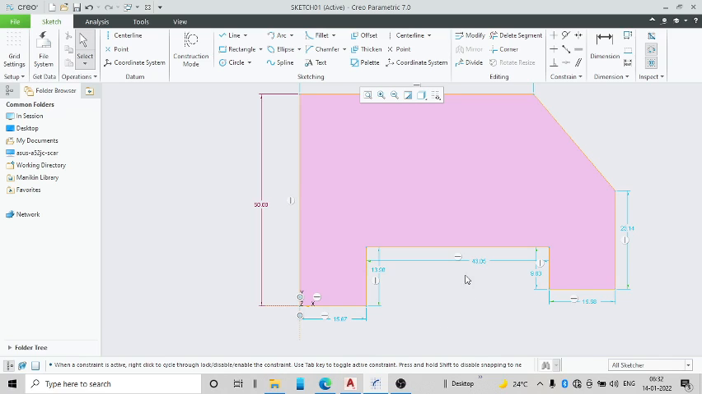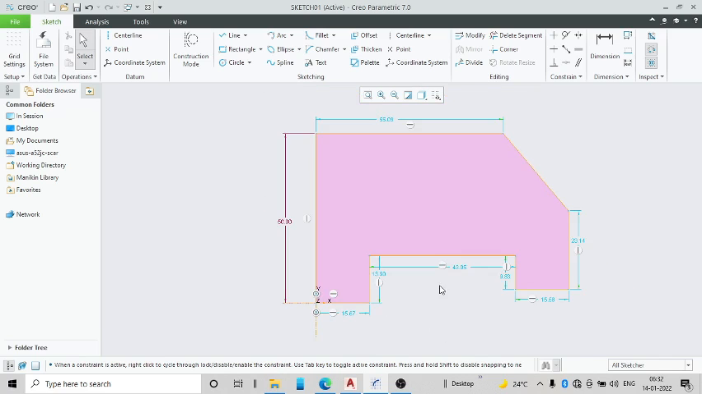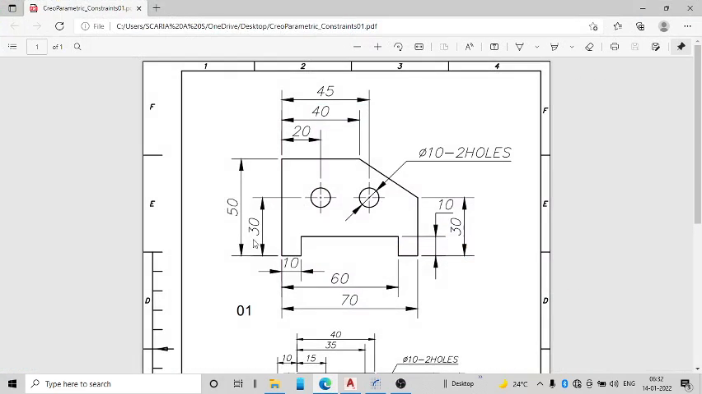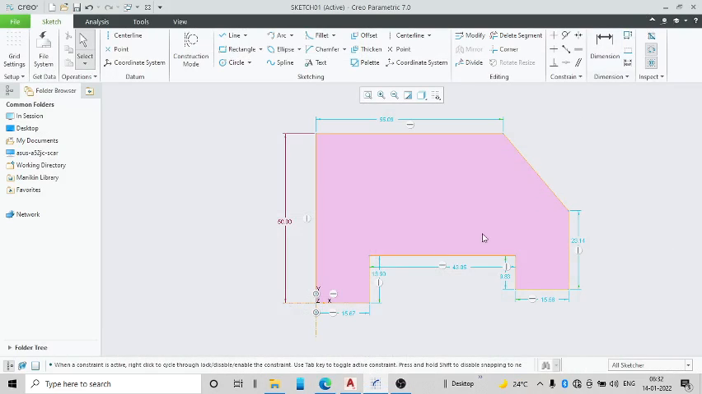Okay, so by doing this exercise, you have learned how to give horizontal and vertical constraints and dimensional constraints. So what is this value? You can go and see here. This is 10, this is 60, and this is 70. Let us give all the values. So this is 10,